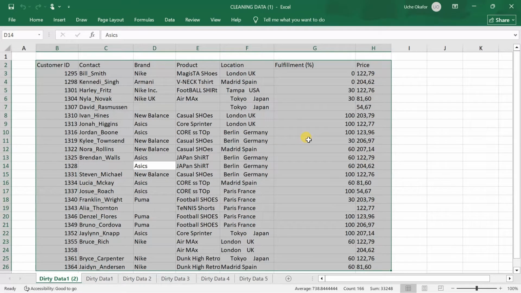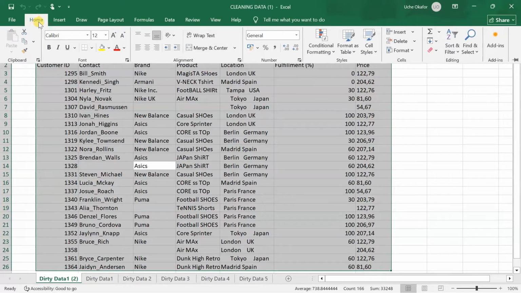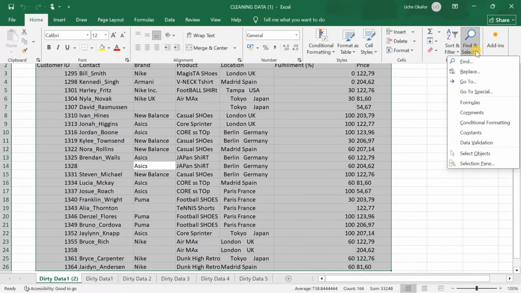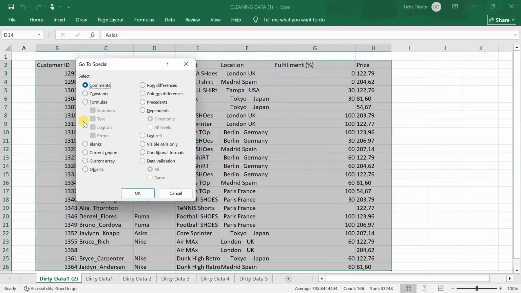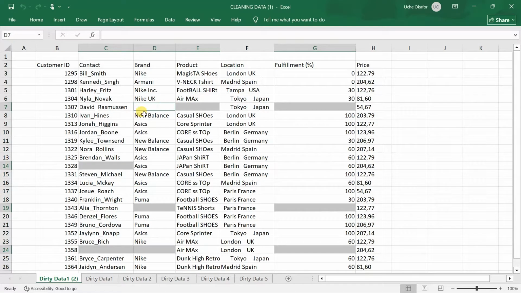All right, now when you do that, you go to Home. Under the Home tab, I'm going to go to Find and Select, and then go to Special. Under Go To Special, I want it to find the blanks, so it's going to highlight the blank spaces in that range. Okay, then I click OK, and now you can see it has found and highlighted all the blank spaces